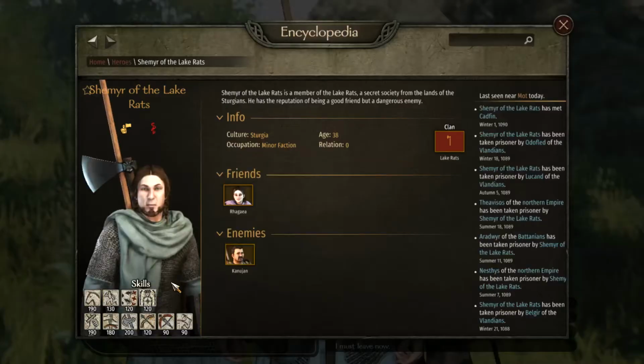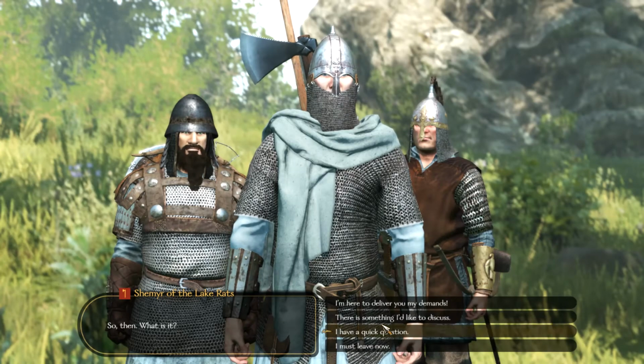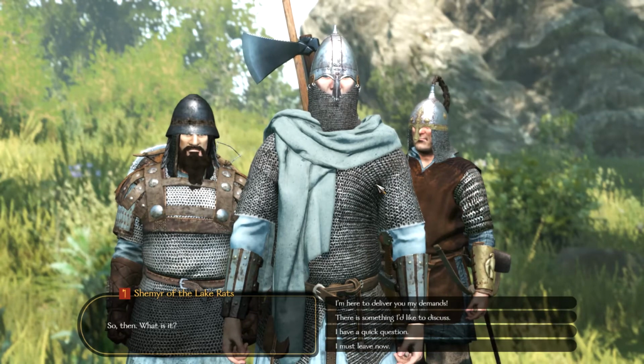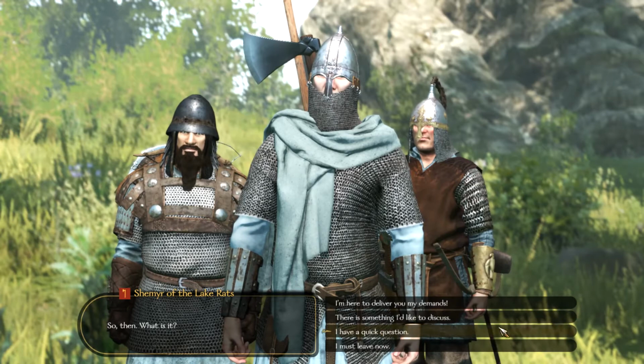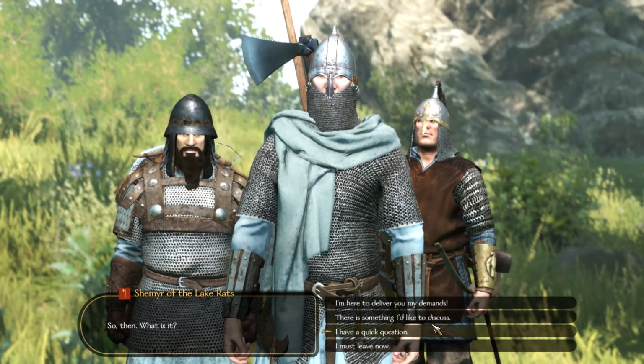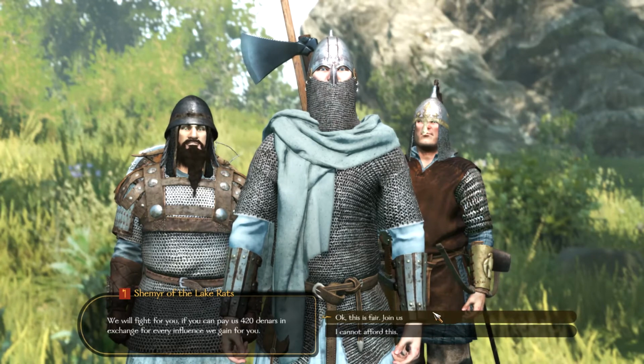I think they are currently serving... I'm going to go with they're currently serving Valandia, because they're normally a Sturgian culture, so that flag should be blue, but it could just be a glitch, because it doesn't say that they're serving them at the moment. But if we go ahead into, there's something I'd like to discuss, we'd like to serve you, and they're going